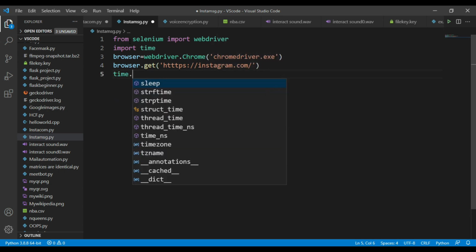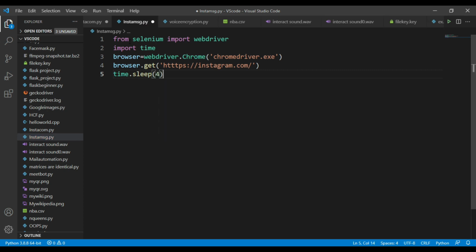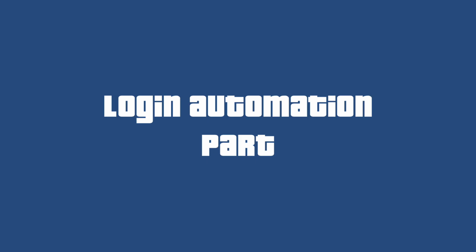Next you need to add some delay in your automation program. The reason we are adding the delay is that sometimes Selenium is slow to identify the tags on the website. By adding the delay, we are giving some time to Selenium for searching the tags on the website. That's why we are using the time module. So these are the primary steps in this program, and there are 4 important steps to automate the Instagram messages.